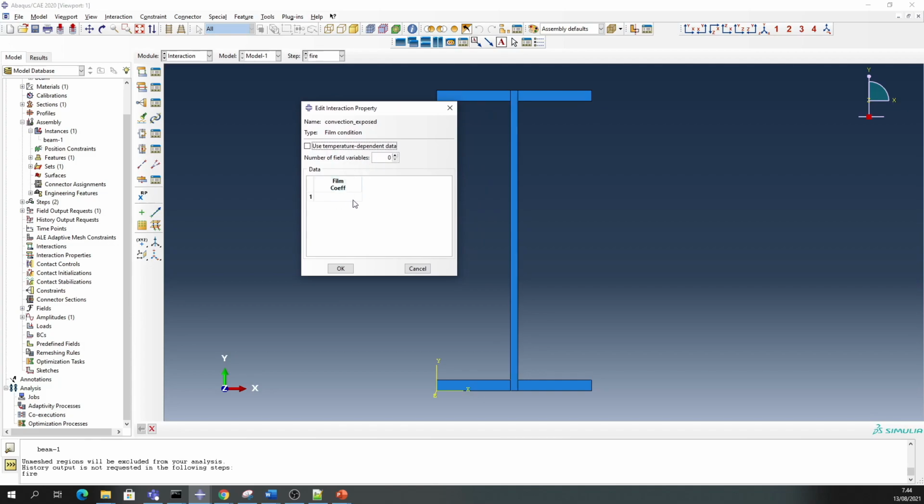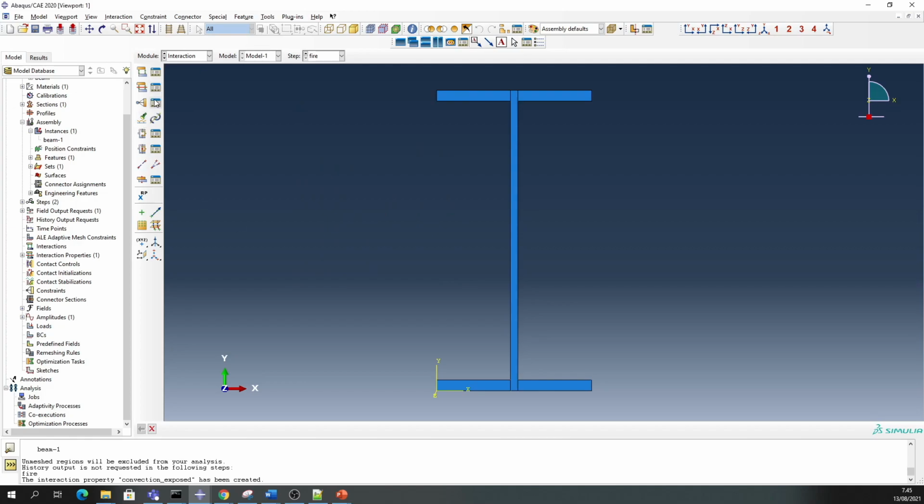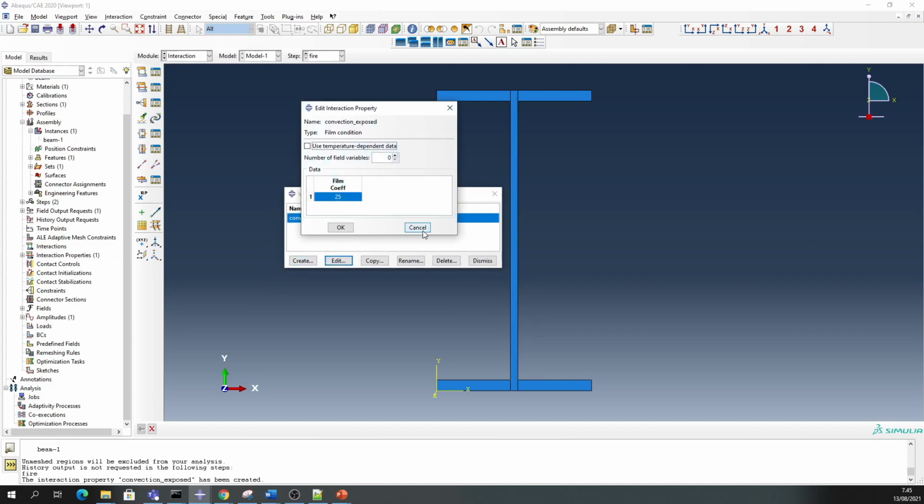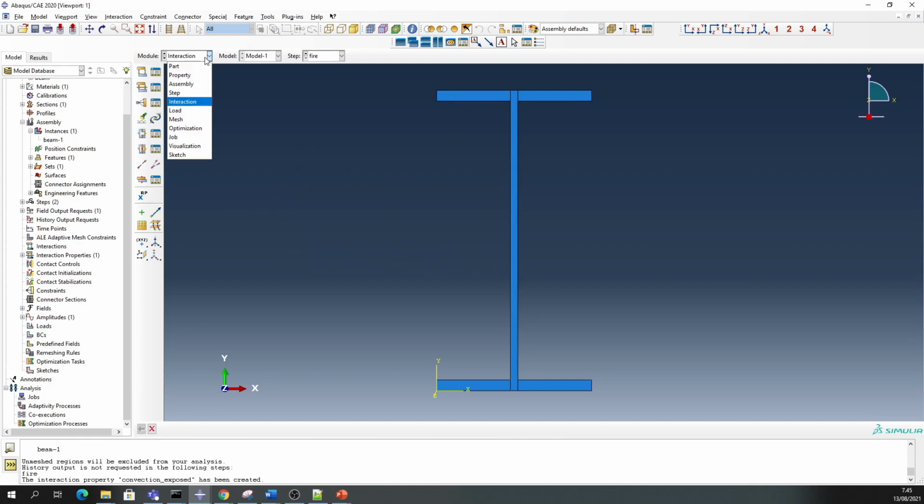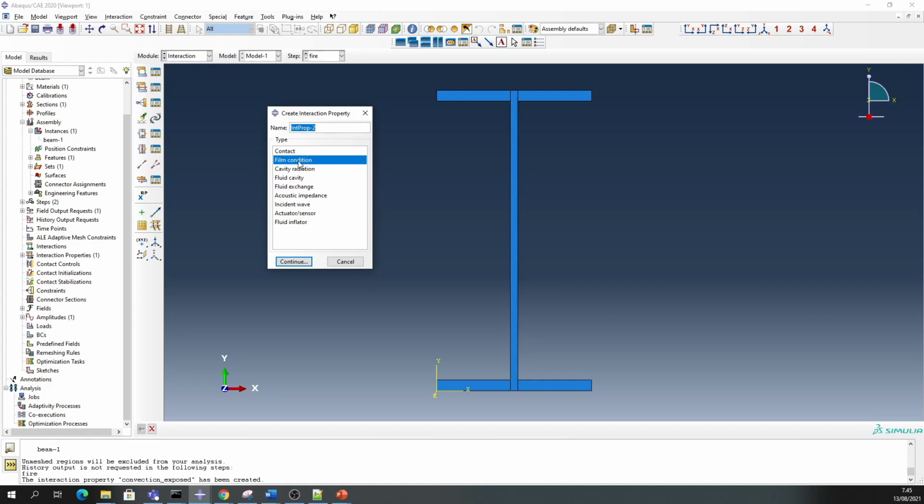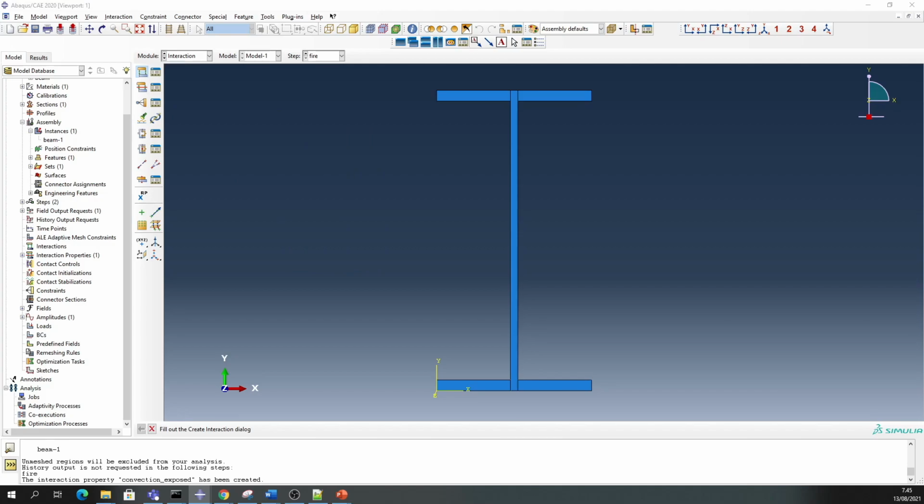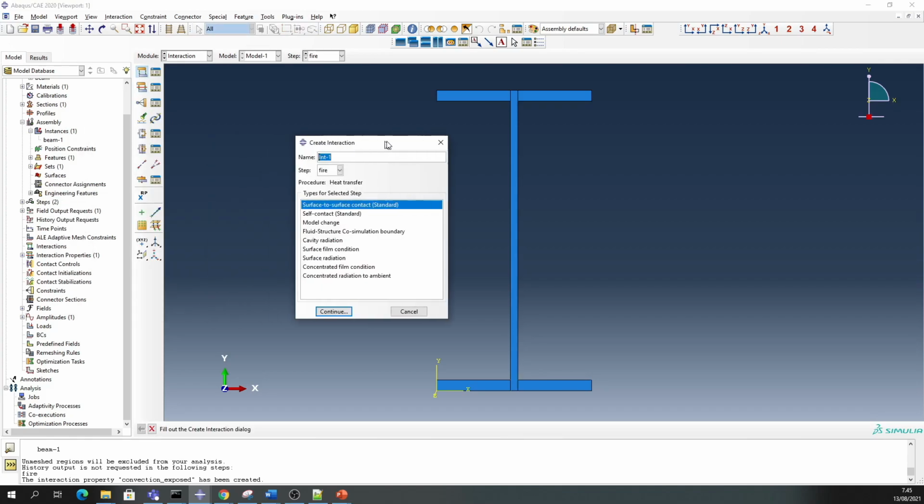and then the flame coefficient is there. The flame coefficient is 25, in the standard SI unit. We define this one, and okay, the flame condition is defined. Then edit, and we have to define this. So this is the property defined, and now we have to define this flame convection